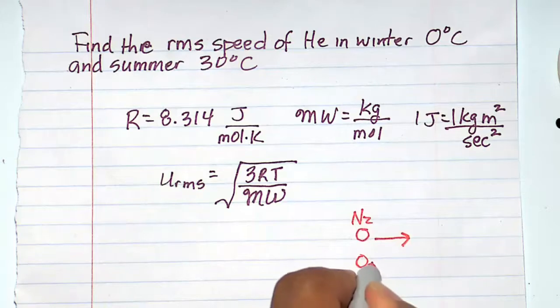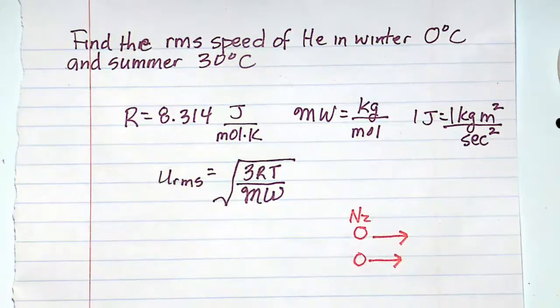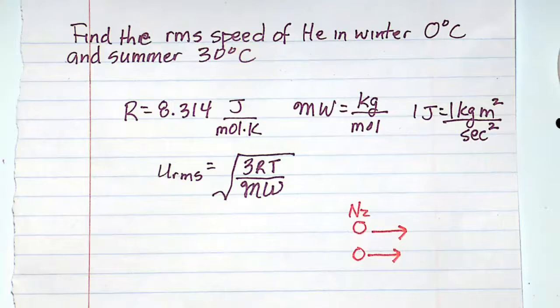This one may not go at the exact same speed inside the container because this one may be deflected. It may collide with another N2 gas molecule. It may collide with the container. It may hit something else. So all these nitrogen gas molecules do not have one individual speed. So we have to collectively give it a speed for the whole population of N2 molecules, for any